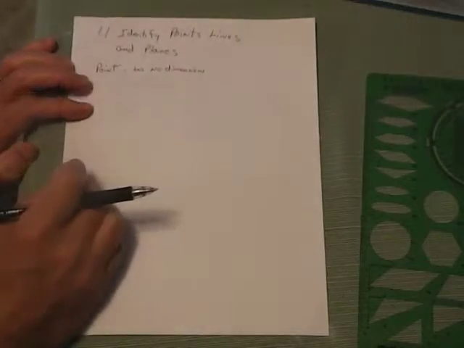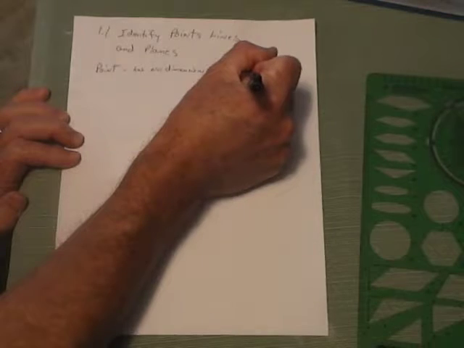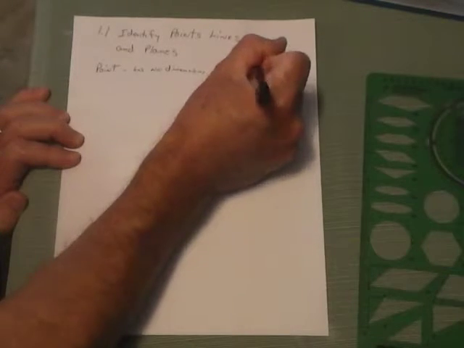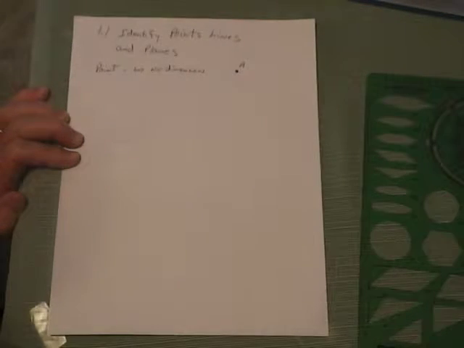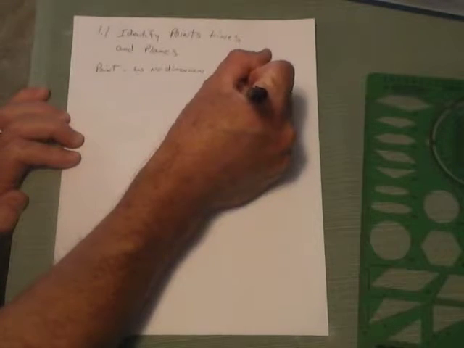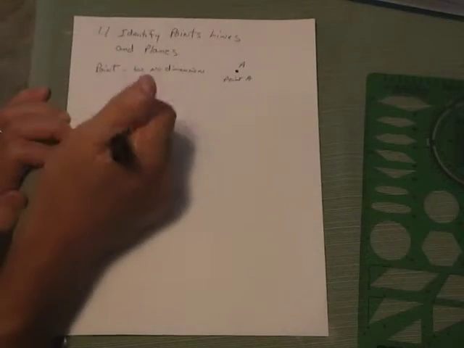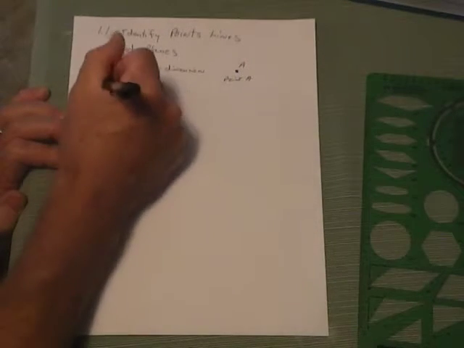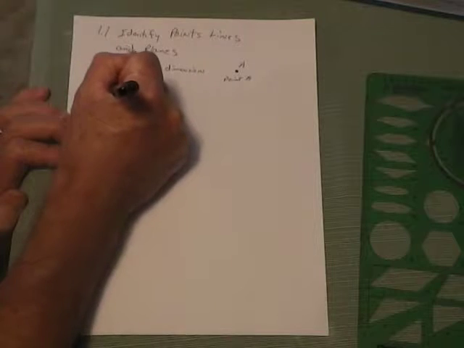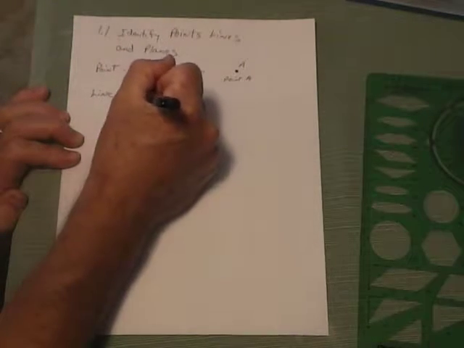Okay, it's just kind of a spot, and it's represented by a dot, and then we usually label that dot, say that's point A, or you could write out point A. A line has one dimension,